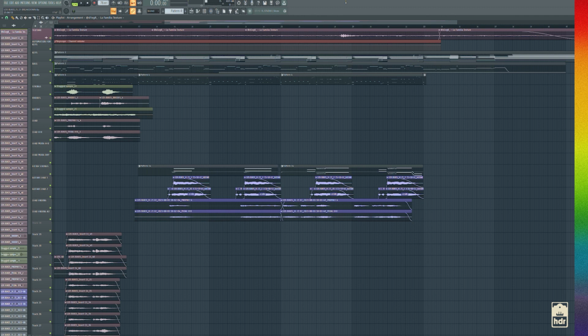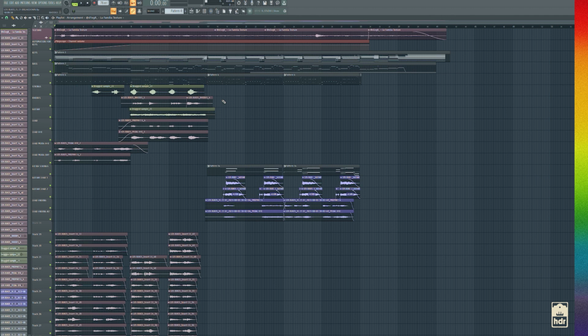That middle section for me would be the best sampling moment, at least. There's a lot of different ways you can flip it. The intro could be used as an intro for the beat, or the whole sample itself, depending on how you want to flip it.